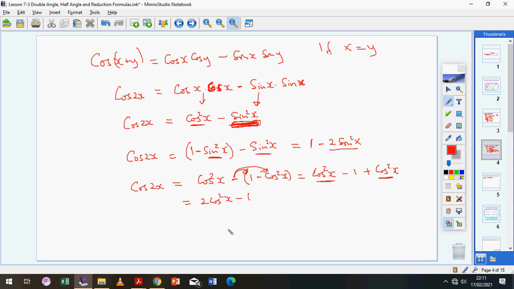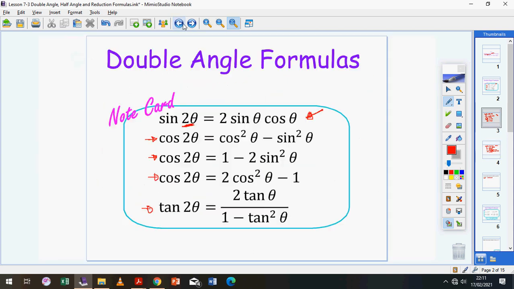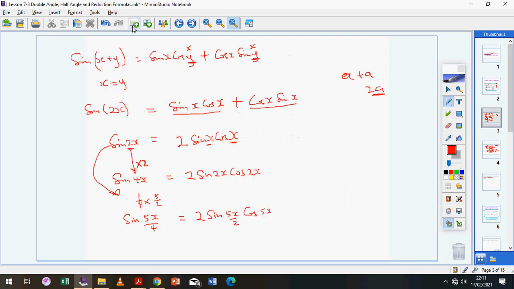So that's why the double angle for cosine is written in three different ways, and each of these ways will help you depending on the circumstances. Like I said, add them to your note card. When you have them on your note card, it probably will be easier for you to figure out which one you can use. The last one, for tangent of 2 theta,